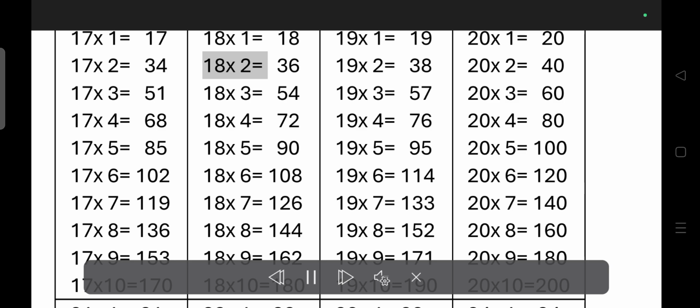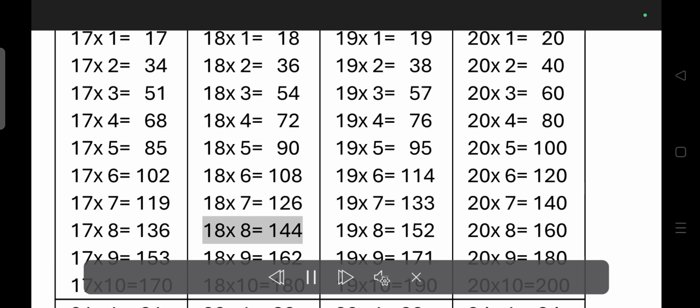18 times 2 is equal to 36. 18 times 3 is equal to 54. 18 times 4 is equal to 72. 18 times 5 is equal to 90. 18 times 6 is equal to 108. 18 times 7 is equal to